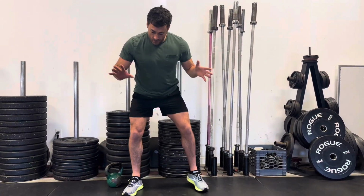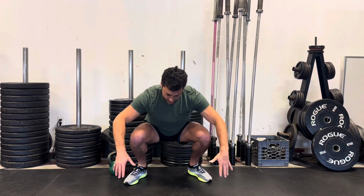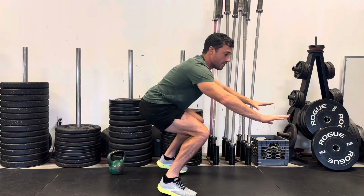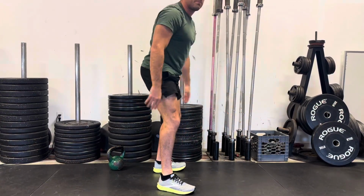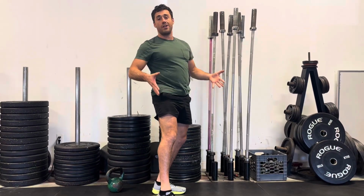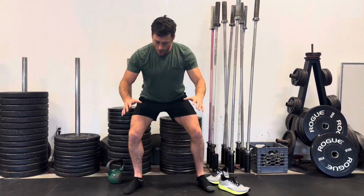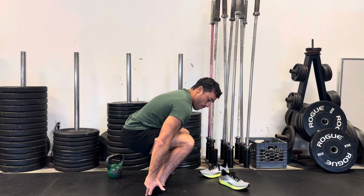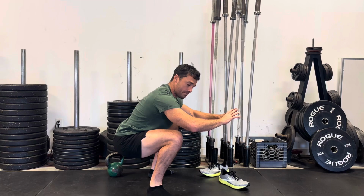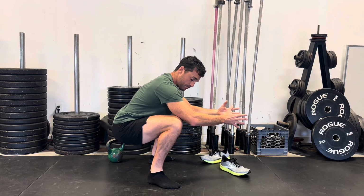Another huge place that I see people making mistakes is in the feet. When I see people squat, I tend to see the feet roll in, the back of the heel lift off, and more weight being put onto the front of the foot than there should be. People are squatting over and over, and eventually they're probably going to experience knee pain because they're just not aligned from the bottom up. And so if that means that you have to kick your shoes off and even hold at the bottom and adjust to a place where you need to be, for example, in this case, I would tell someone put a little bit more weight in the outer heel in order to do it right, then do that. Go slower, pause if you need to, study your body,